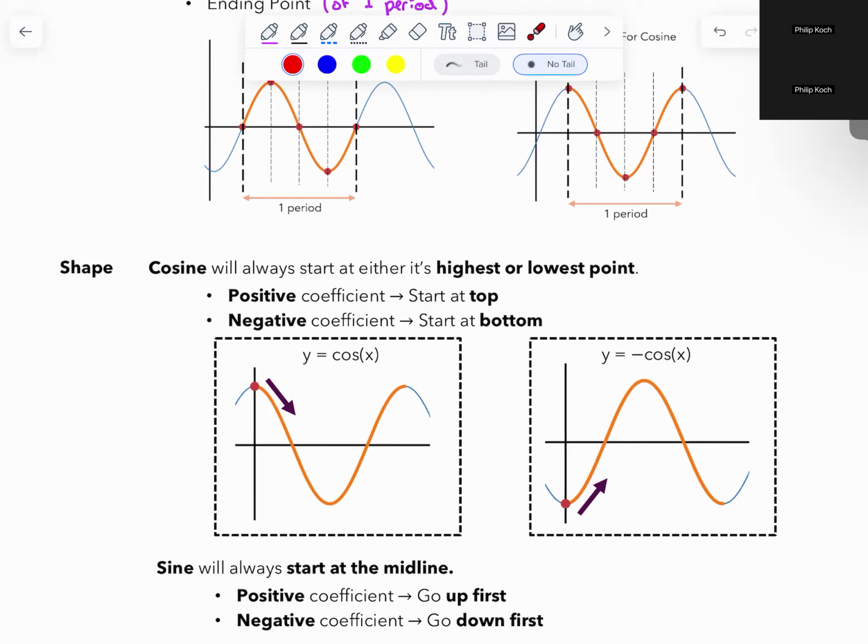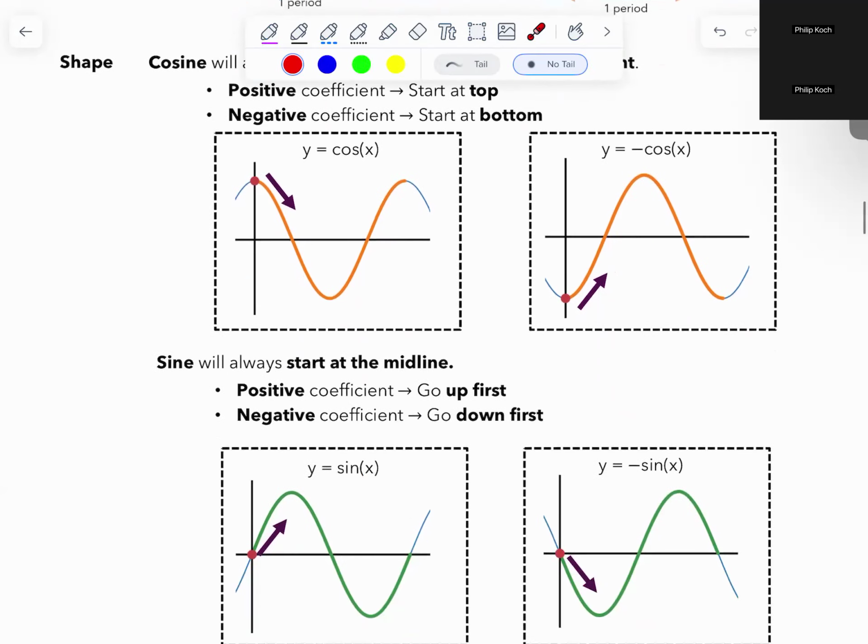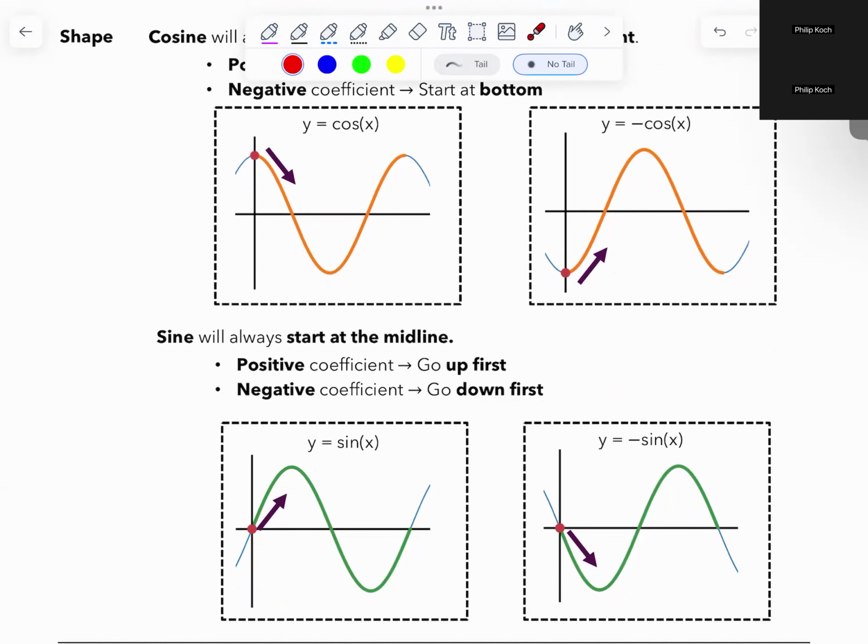Next thing, sine always starts on the midline when we're graphing a period. But that's not this. When we graph it to make it look nice and neat and pretty, we always start on the midline. But there's nothing stopping you from, technically speaking, starting here. I'll use a different color. You could start up here and draw it like that, but convention says that you should start at the midline to draw a graph of a sine wave.